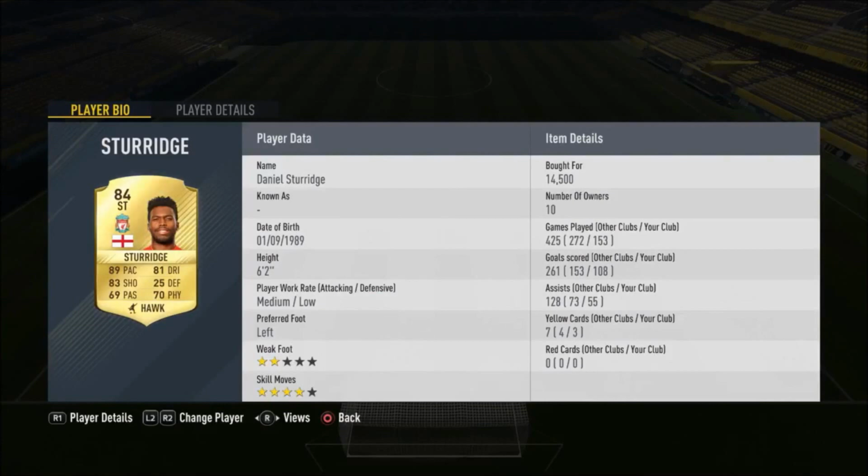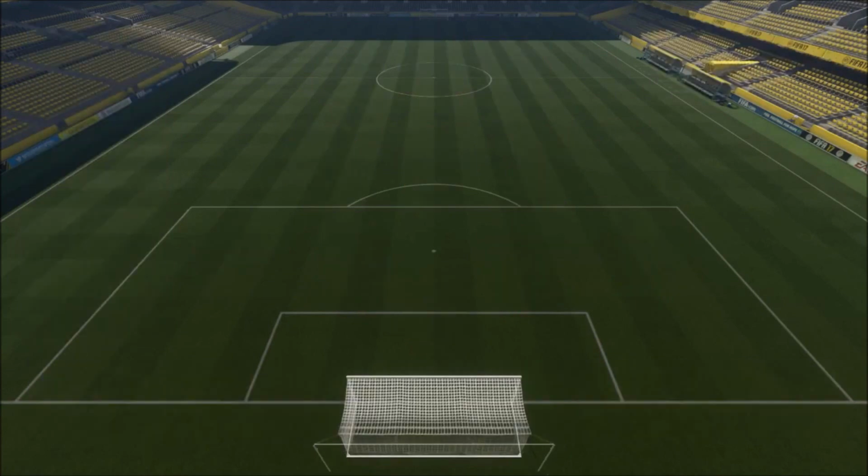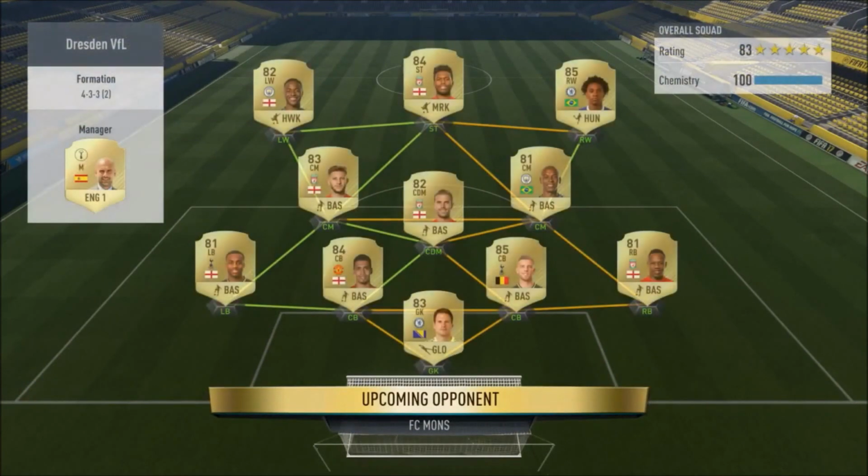yeah, Sturridge has had 153 games, 108 goals and 55 assists. Martial 174 games, 80 goals and 73 assists, which are both incredible. And Mane's had slightly less games, 69, 37 goals and 20 assists, and the main reason for this really is because I've had so many different versions of Mane that all of his games, goals and assists have gone onto this card. So we're going to get into the first game here and we'll get into talking more about the